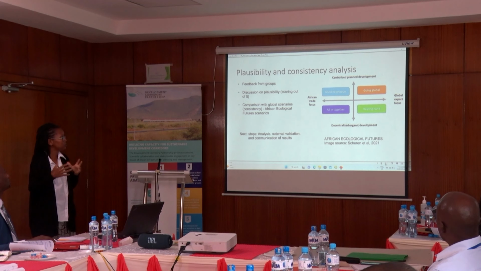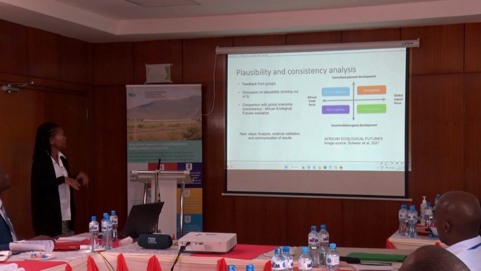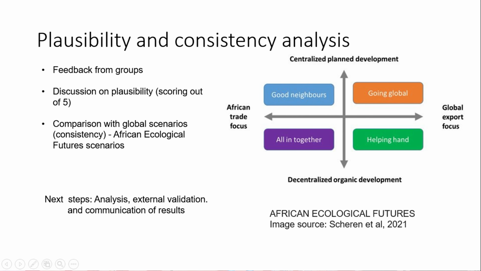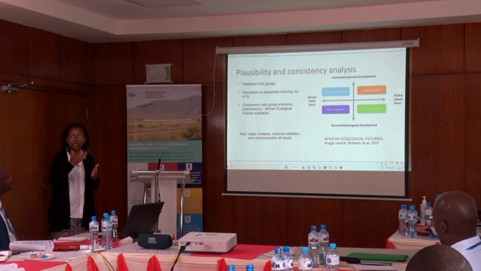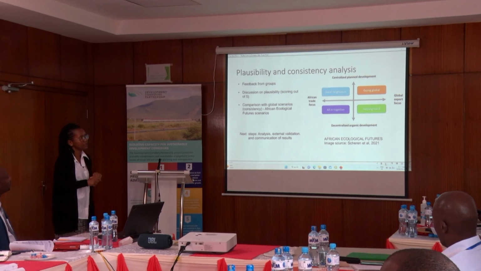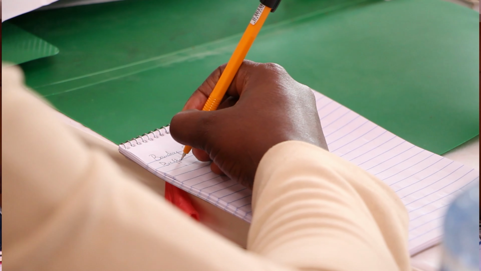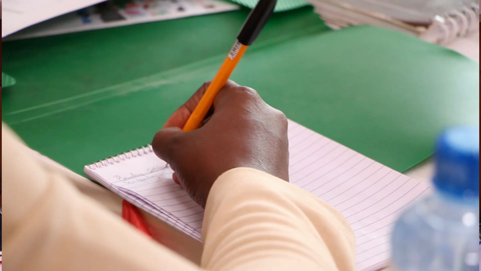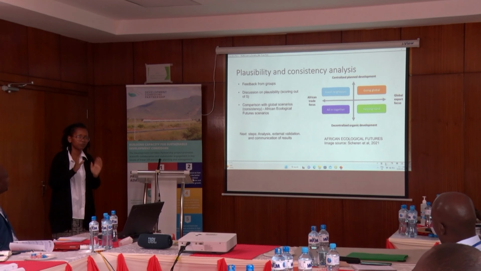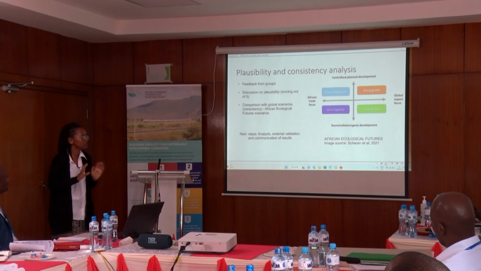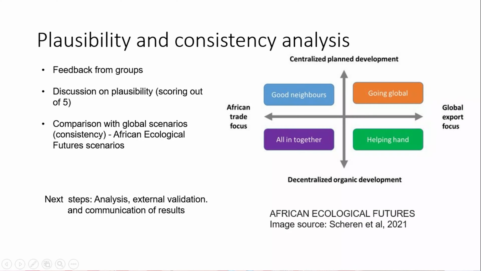And I had mentioned that you can do an internal validation of your workshop. So this is what we did for ourselves. Each group came up and gave feedback. This is our scenario, this is what we had there. Then we as a group scored the scenarios. Because sometimes maybe the stories are 2 or 3 just like scenario storylines, you have to sort of rank them to see, is this really plausible, or maybe some of the things you've put are not so plausible. Another way to do a validation is to compare it, so to do a consistency analysis with other scenarios that